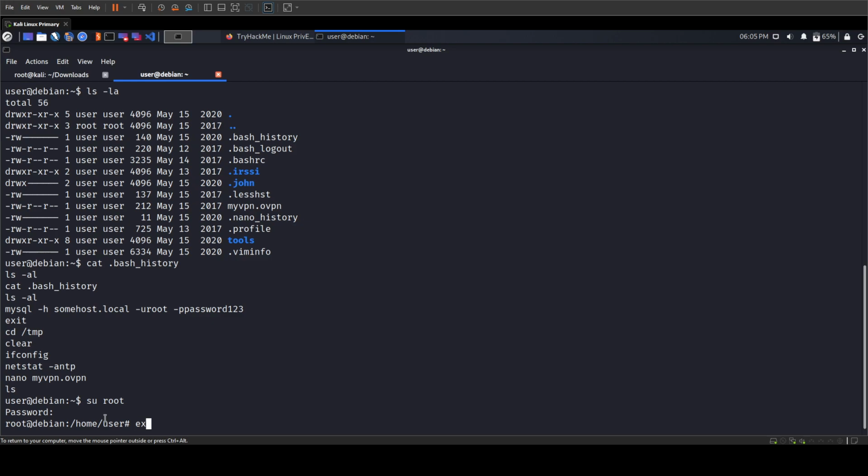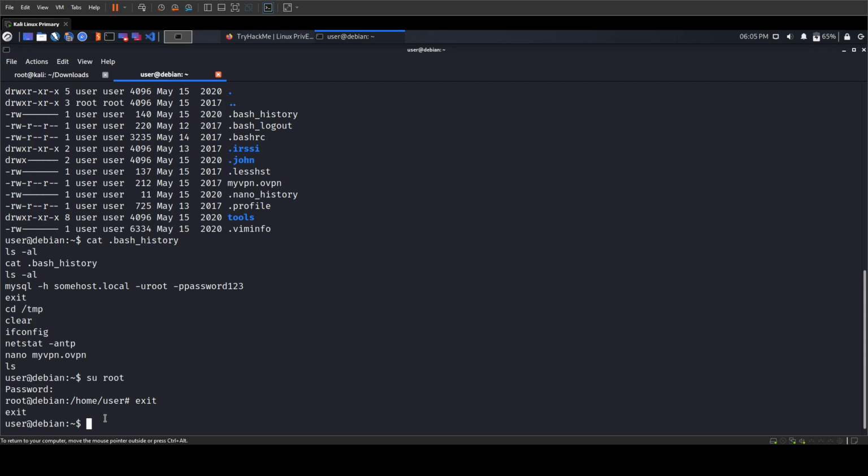Second case which I want to discuss with you is configuration files. Many times there are many software and tools installed that contain configuration files, and the administrator who configures all those files tends to use passwords that are being used with various different accounts. So it's always worth giving a try to use all those passwords that are found in configuration files in order to escalate your privileges. So in the current example, as I can see, there is a file